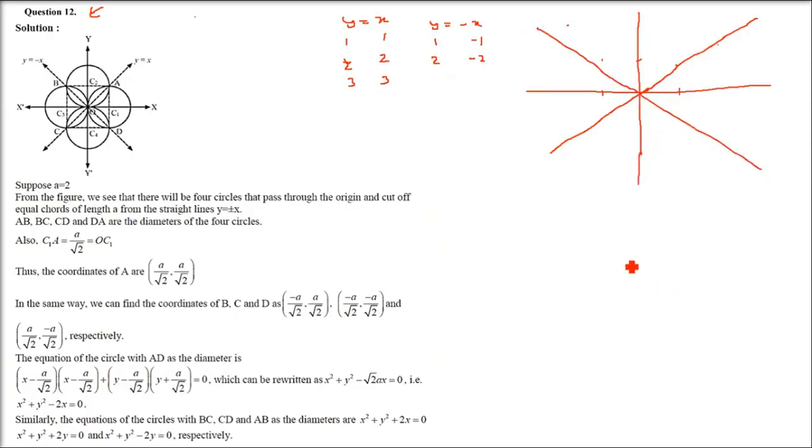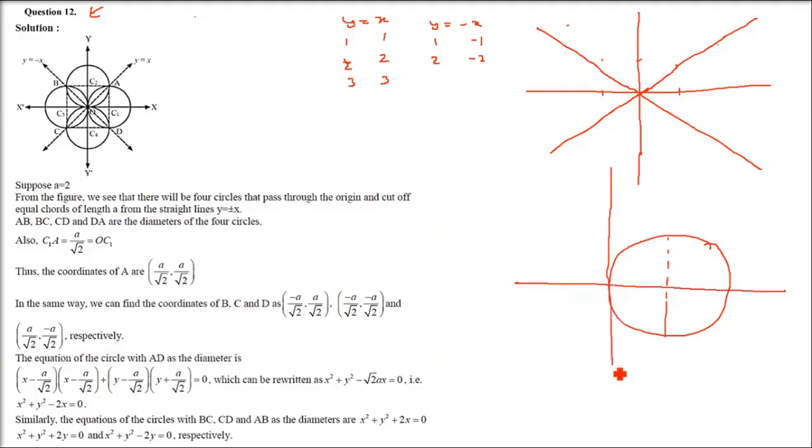And now I'm just taking one of the circles so that you understand it. The one circle, then we'll extend it to the 4 circles. So if this is a circle and this is the diameter, and here is the axis on which it is being made, these are the coordinate axes, and these are the chords or a line, and this is the scenario. And these are 4 circles, not 1, 2, 3. We'll discuss one of them.